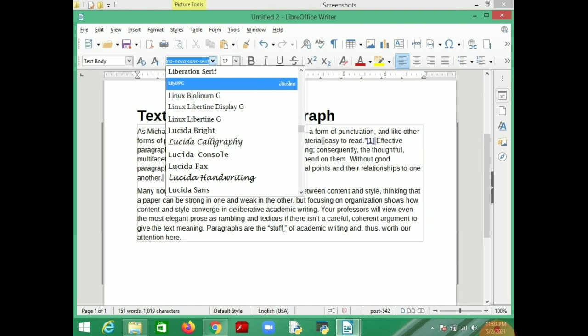Now you can do formatting on your Writer document. In that you can change the font of your text. Go to the standard toolbar, where you see different text styles, or we can say font styles. From there you can choose one of your choice.